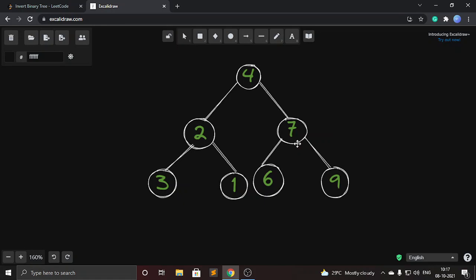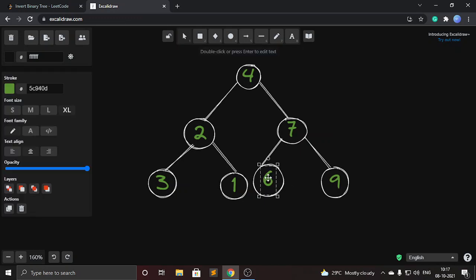So after coming back to the root node, we have to swap its left child and right child. So now we will swap 9 and 6. Let's swap it.